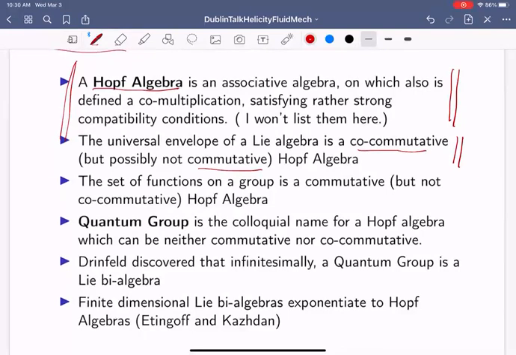Excuse me, but you need an antipode as well. That's right, that's important. Yeah, exactly. I should have listed that here. You also need an antipode. Yes. You need a product. What is the antipode in the